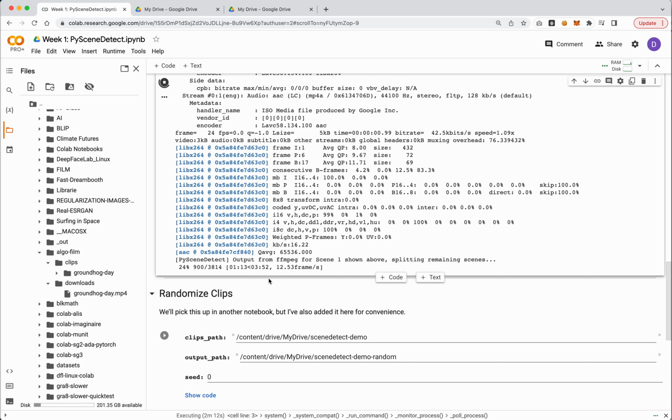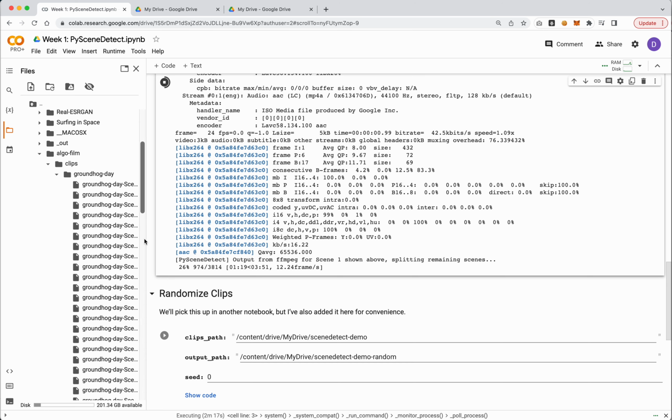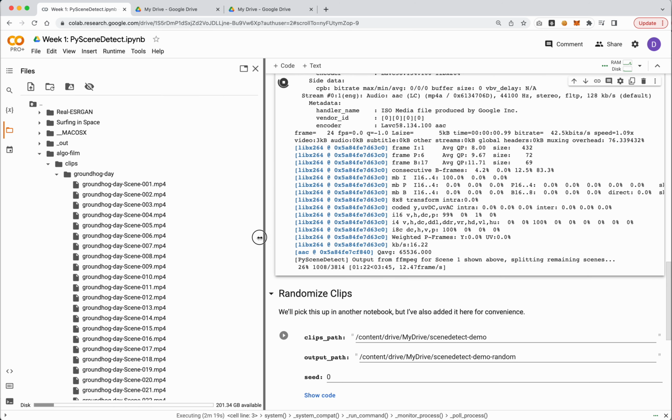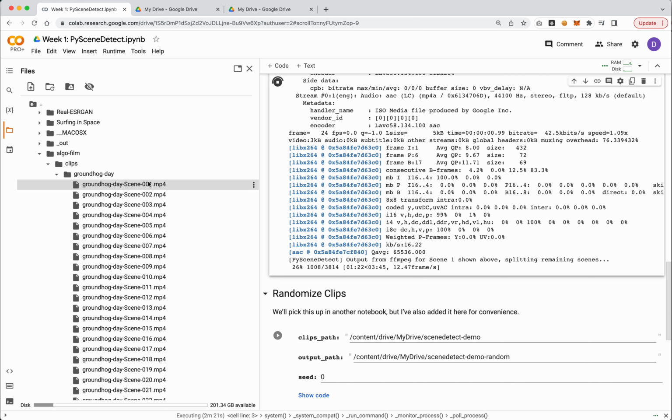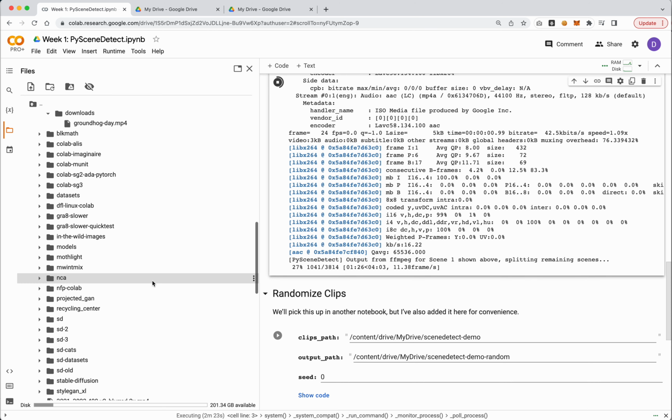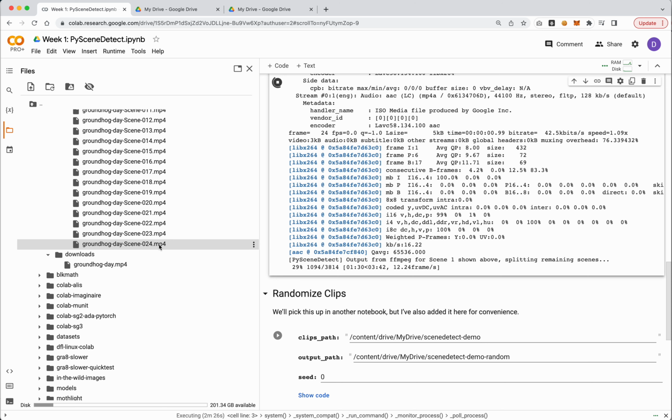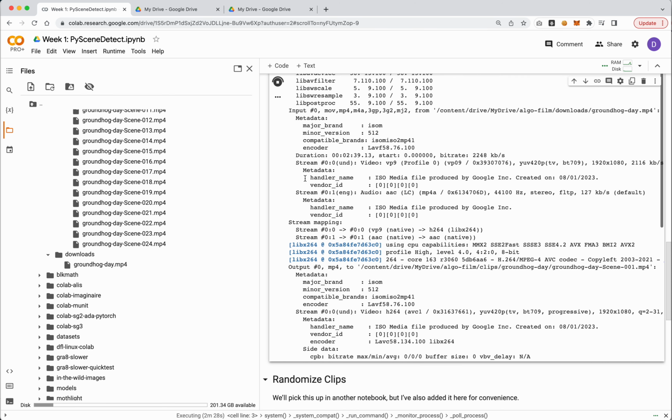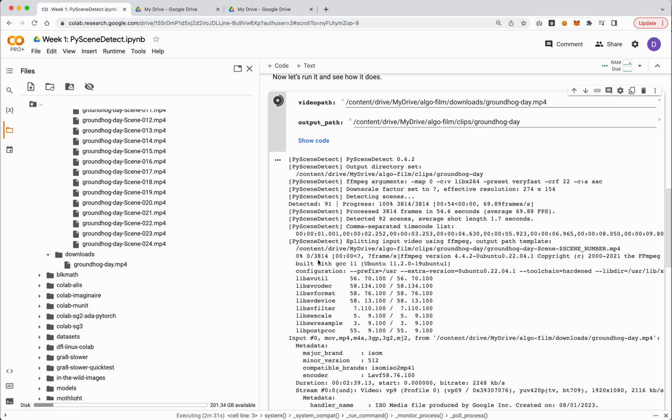When this is finished, actually, I bet if I go in here now, if I go into clips and open this, you'll see it's already generating all of my scenes. You'll see it just says scene 001, 002, all the way down to what we have right now, which is 24. And based on what it told me up here, it looks like there should be 91 or 92 scenes. So already we're starting to see the average shot length of a trailer is 1.7 seconds. But if I were to run this on a full film, this would then be different.